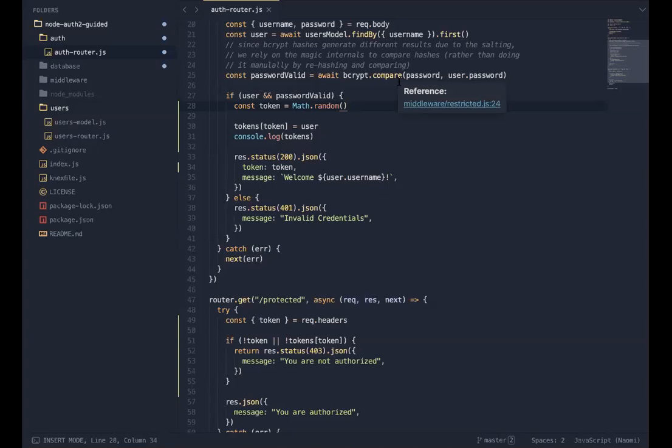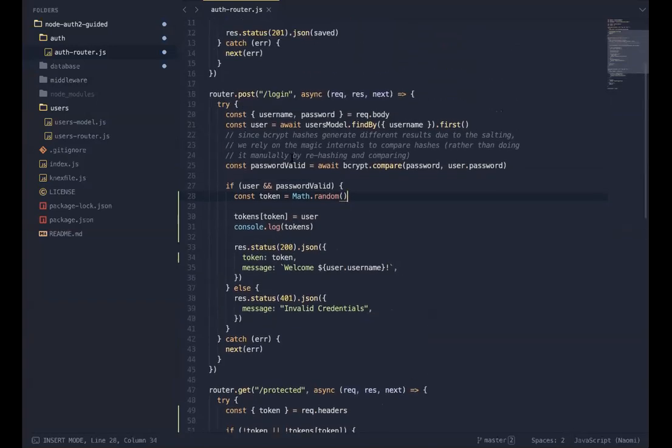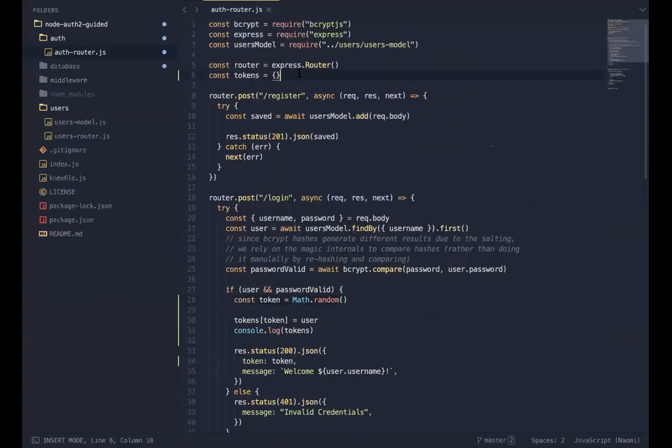Maybe if you have some crazy reason, you could store it to a file on the file system. That would work too. Storing them in memory is the easiest way to do it, but it's not very practical. I mean, imagine if you had 100 people logged into your app using this implementation, and you had 100 different tokens in your token object,